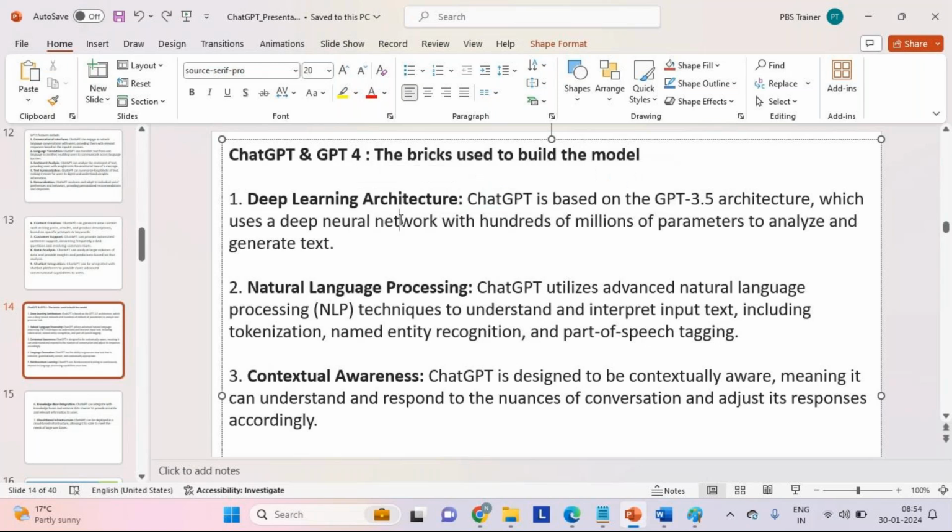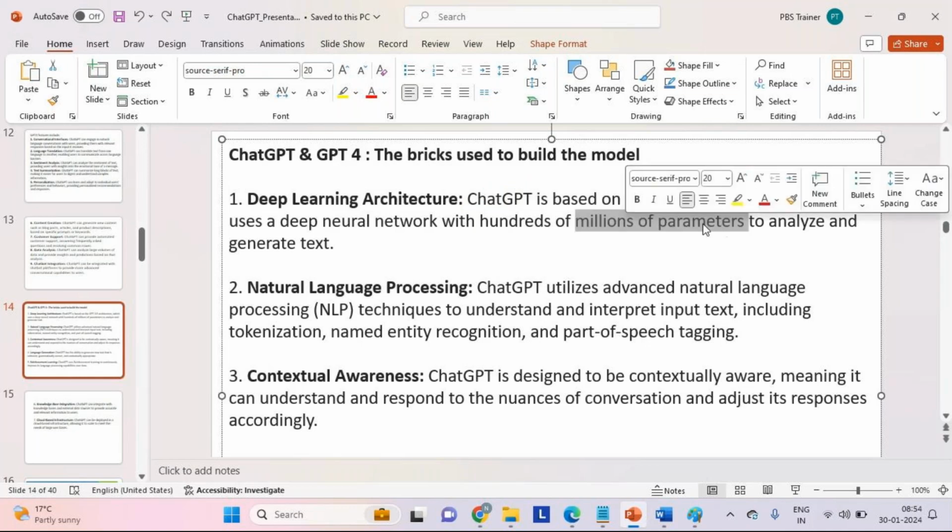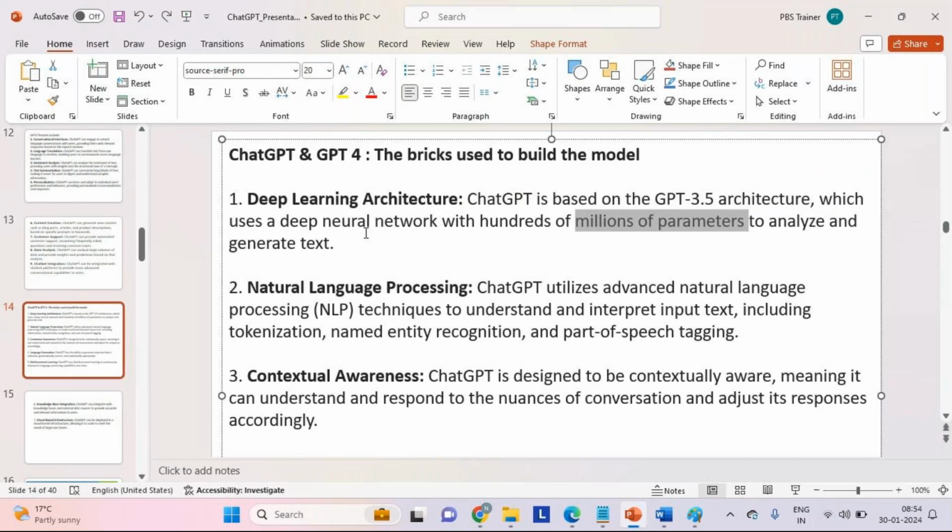But for that, we can supply, or it supports, millions of parameters. That's deep learning. One, it can take many parameters as input, and second, it can take care of handling large volumes of data, which means it is going to make use of an LLM, a large language model.